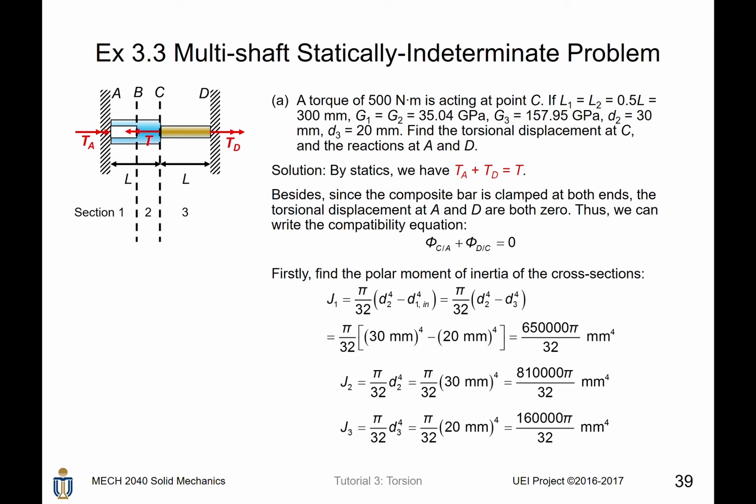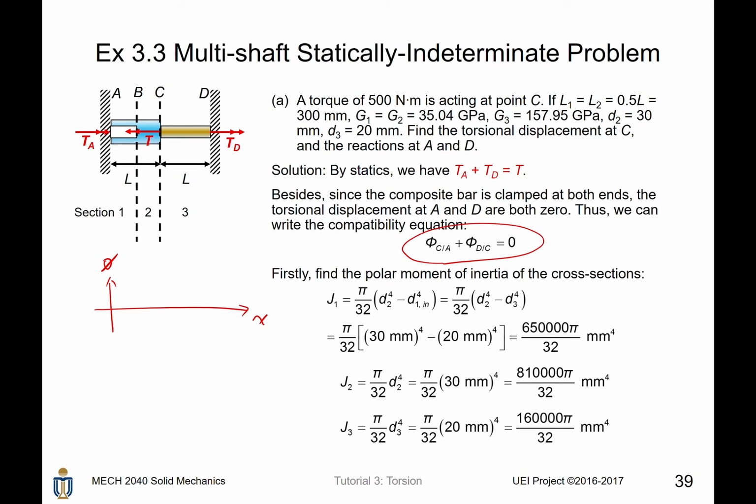Next, we have to obtain additional equations to solve this statically indeterminate problem, because obviously we can draw no conclusion from this statics result. However, one thing you can bear in mind is that the torsional displacement of C relative to A plus the torsional displacement of D relative to C should be 0. That is,